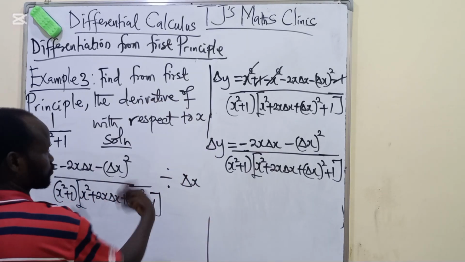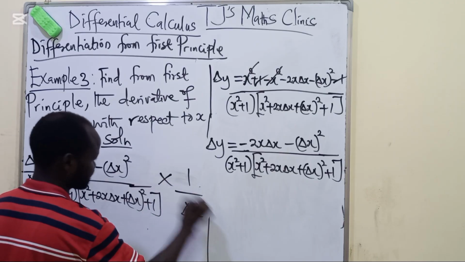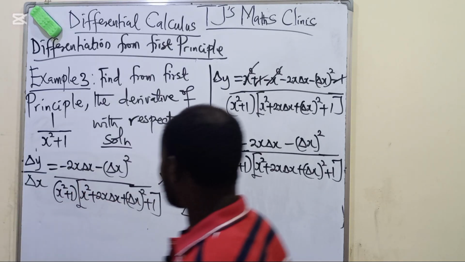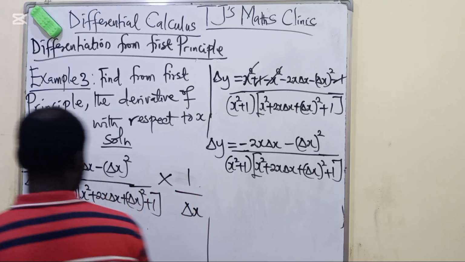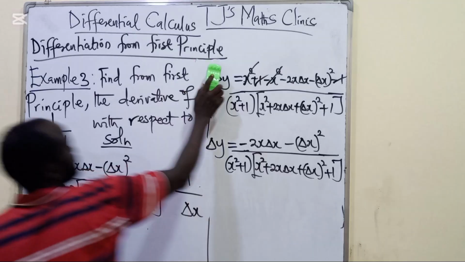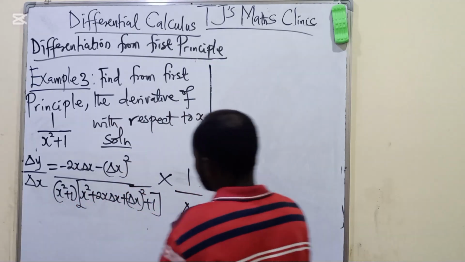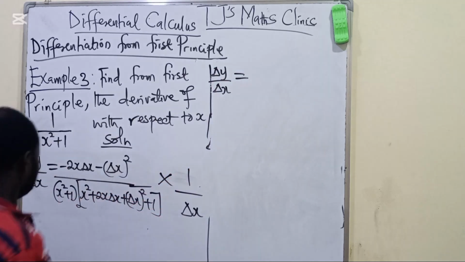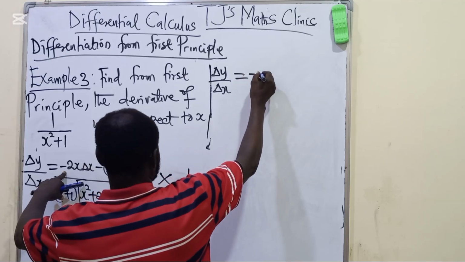We can change this division to be multiplication. It means we multiply this by delta x in this manner. It's the same thing. Instead of dividing, we can multiply by 1 over delta x. Very important. Okay, so let's see, can we split this? Yes, let's split and see what we can get. So, changing y now with respect to x will now be equals to, let's split this. This is the same thing as minus